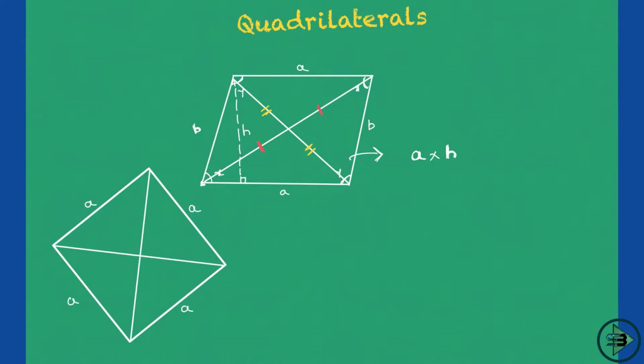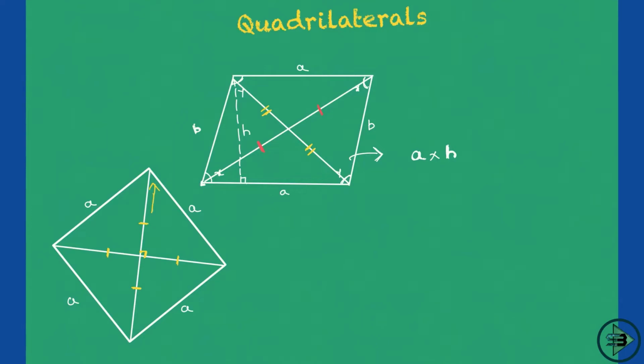Okay, now what do I know? Diagonals bisect each other in a rhombus. Yes, they do bisect in a rhombus, but at an angle of 90 degrees. We know that as well. So this will bisect this and this will be bisected, and the diagonals are obviously not equal in a rhombus. They are equal in a square, but not in a rhombus. We have studied this in geometry. We know the reason why. You know the reason why as well.